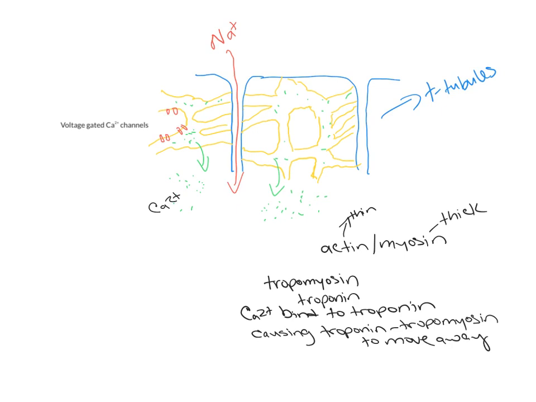Remember, it's at rest, it's blocking the myosin binding sites on actin, but now that it moves away, it's going to open up the myosin binding sites on actin. Once those myosin binding sites on actin are open, now myosin can bind to actin, causing the sliding of the filaments over one another and allowing for a muscle contraction to occur. Now, this can only happen in the presence of calcium, so all the steps that we just mentioned have to happen before this occurs. So let's look more closely at how actin and myosin filaments slide over